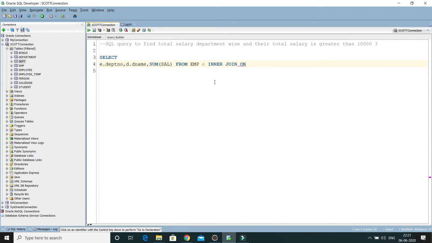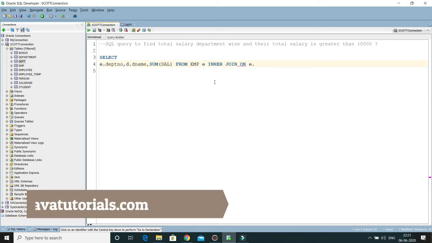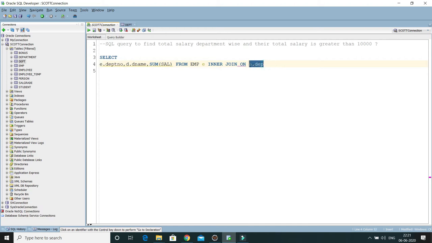So on e.dept number equals d.dept number, which is the inner join.